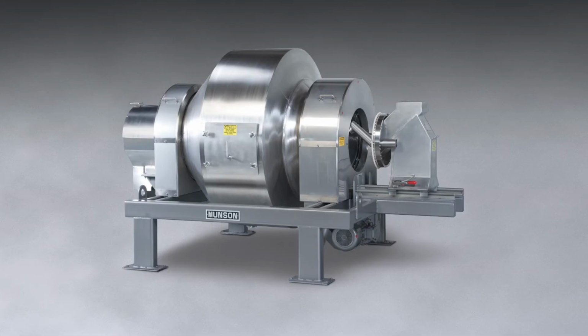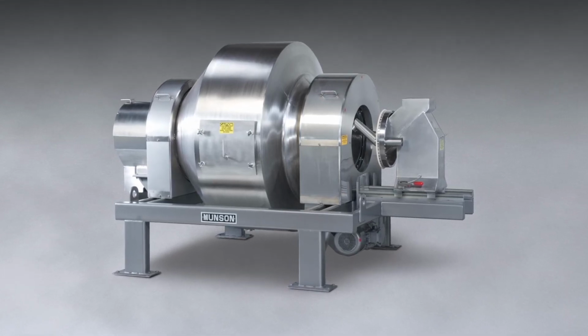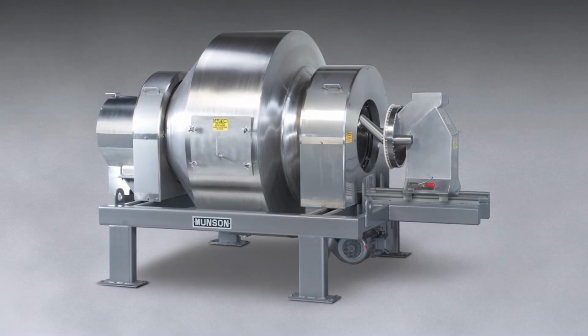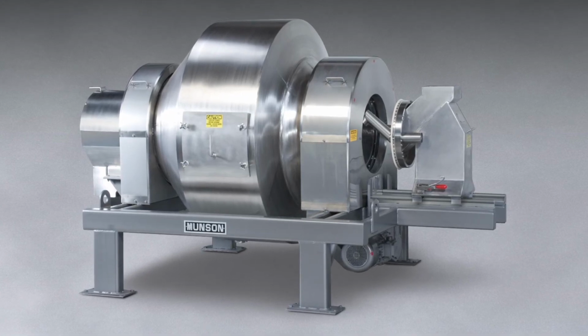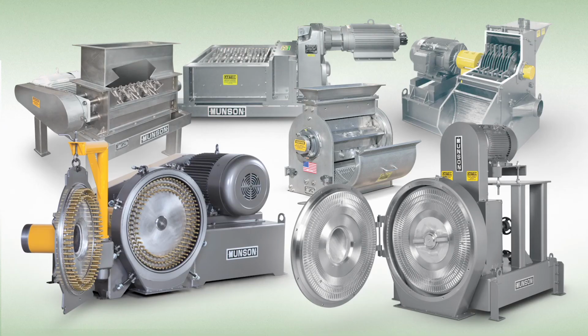Munson also offers larger versions of the rotary batch mixer with stationary inlets and outlets in capacities up to 600 cubic feet or 17 cubic meters, as well as 5 other types of mixing and blending machinery and 8 types of size reduction equipment. To solve your mixing and blending or size reduction problem with the highest possible efficiency, visit